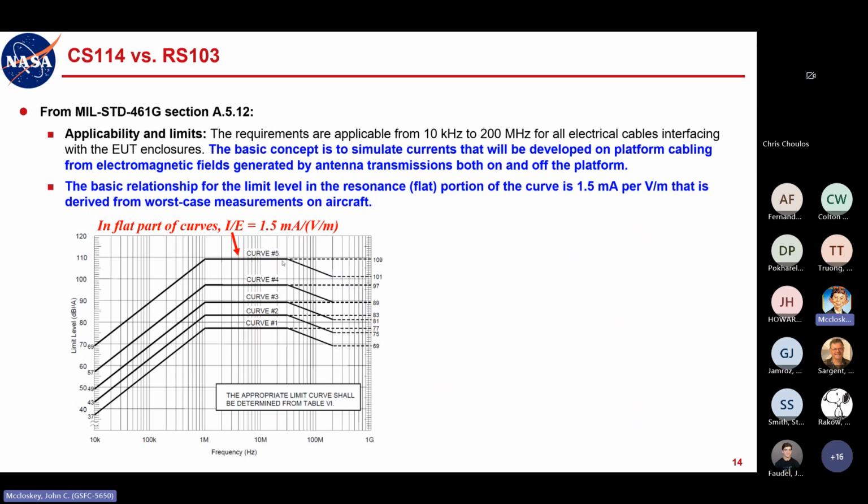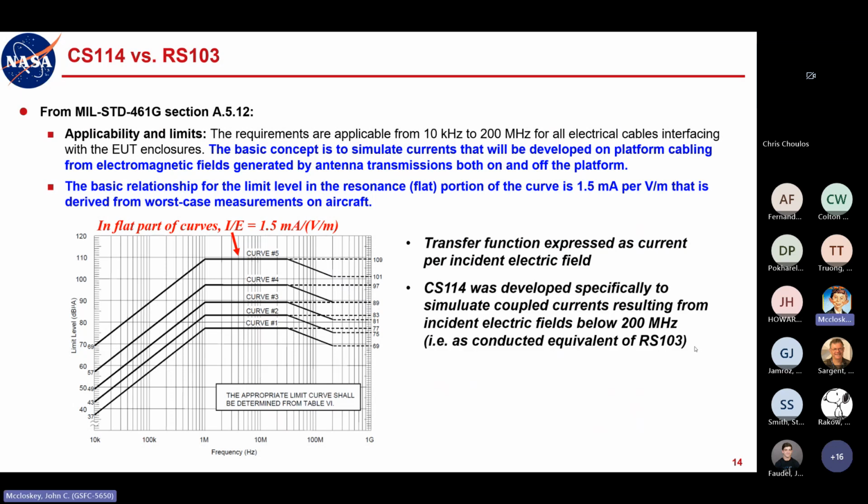So in this flat part of these limit curves, and we'll get into this, trust me, we'll get into the physics of why these curves look the way they do, but in this flat part of the curve, the relationship is defined as 1.5 milliamps per volt per meter. So the transfer function is expressed as a current per incident electric field. And all this underscores that CS114 was developed specifically to